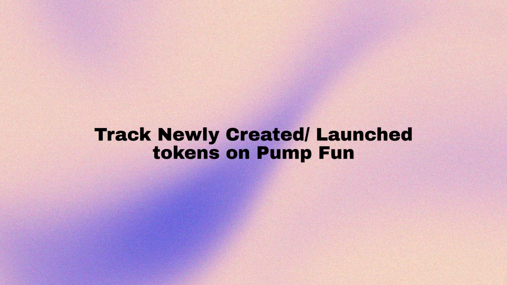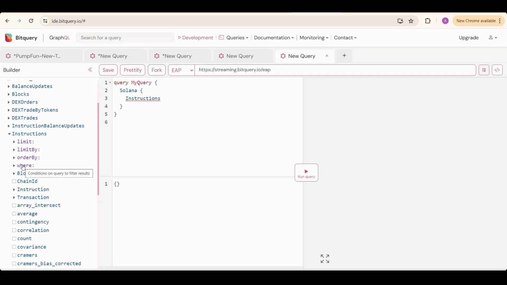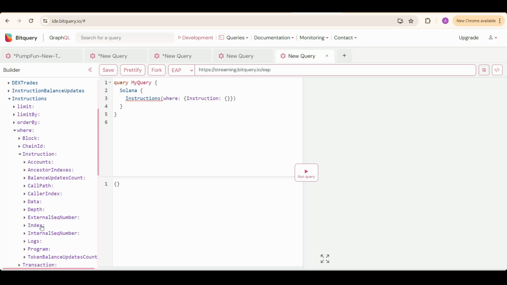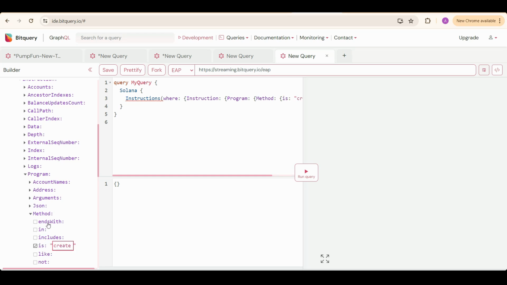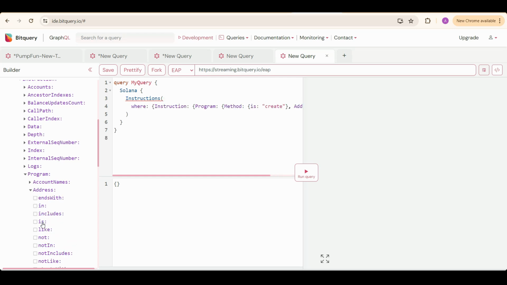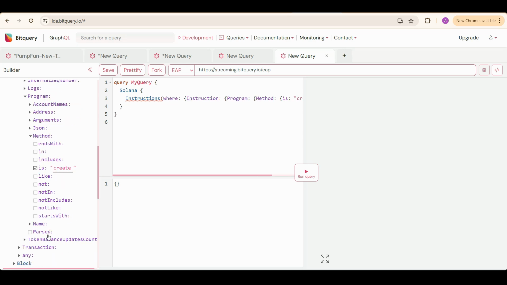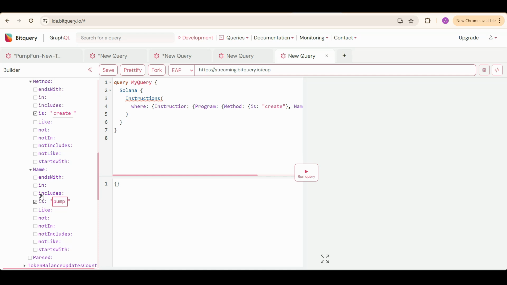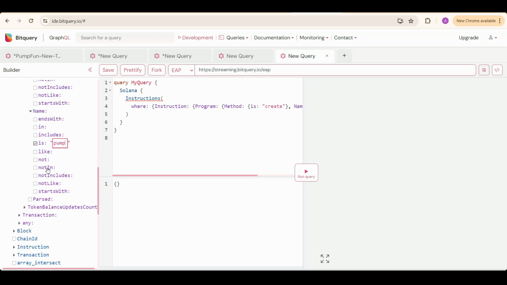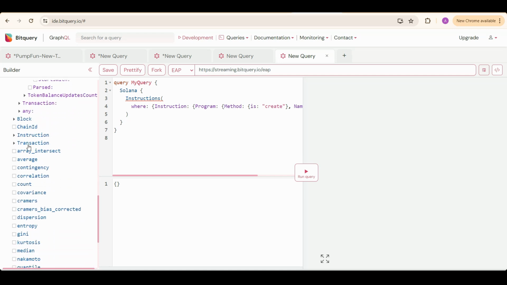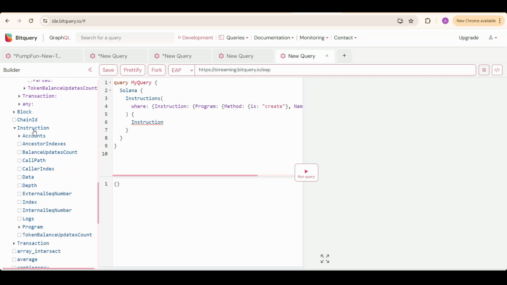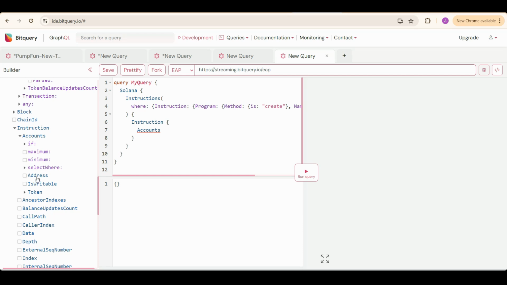Now move on to the third API. In this, we will track newly created tokens on Pump.Fun DEX. Select Solana, instructions, and under that, in where we will put our filter as instruction program method as create. You're also going to select the protocol name as pump. We're going to select these two things in the filter, and now we're going to select the fields we need info about. We're going to select instruction, then accounts, and then address, is it writable or not, and the token details if it is associated with it,